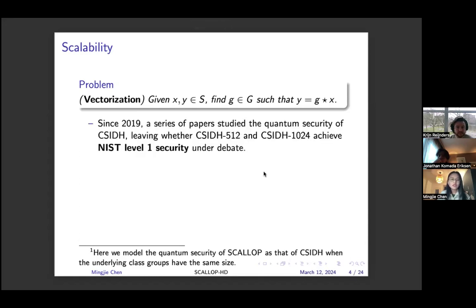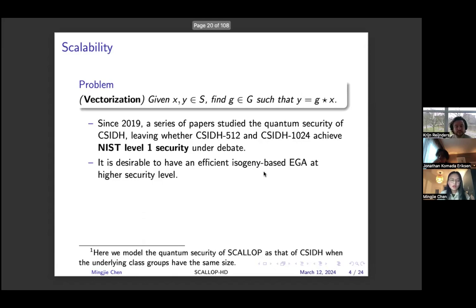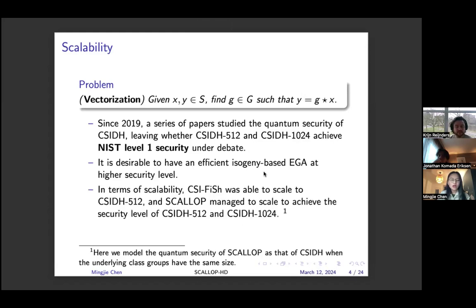Since 2019, a series of papers studied the quantum security of CSIDH, leaving whether CSIDH-512 and CSIDH-1024 achieve NIST level 1 security under debate. So it is desirable to have an efficient isogeny-based EGA at higher security level. In terms of scalability, CSI-FiSh was able to scale to CSIDH-512, and SCALLOP managed to scale to CSIDH-512